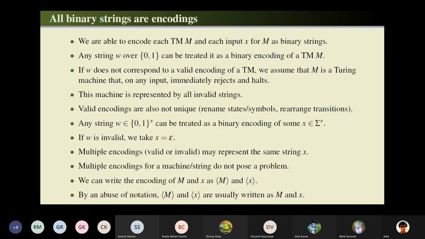Yes, you can renumber the symbols, and then the things change. So these are not issues that we should bother about. Okay, so now comes